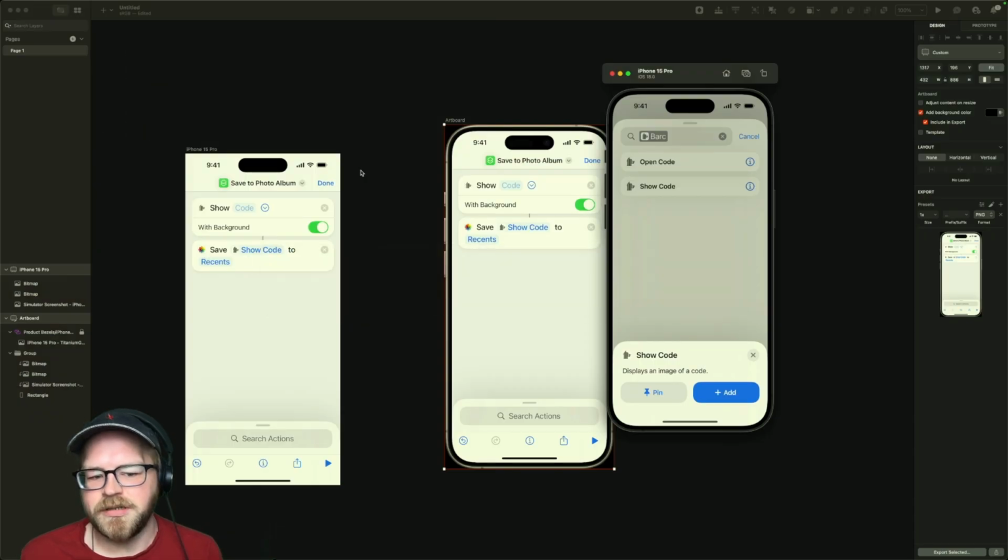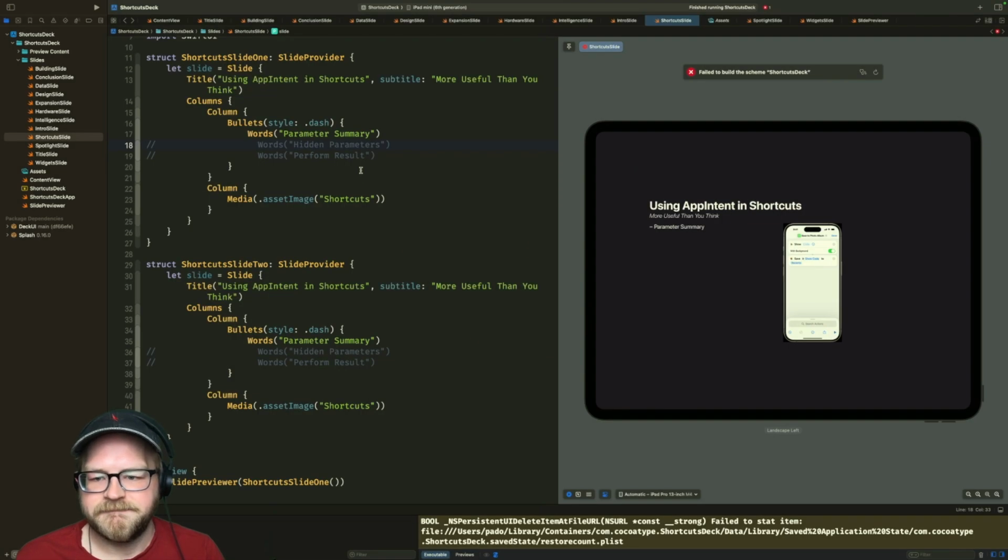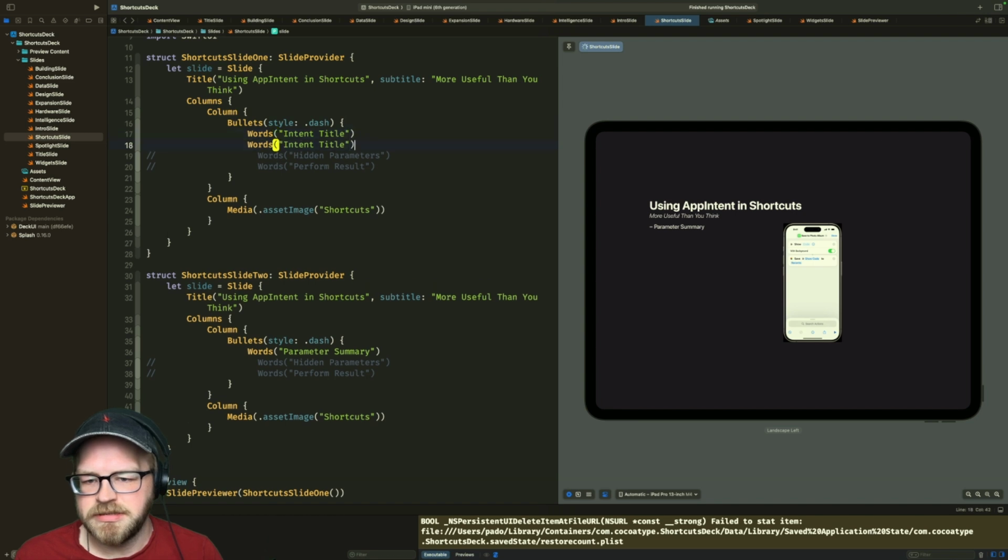I kind of want screenshots of this to demonstrate here are the different parts of the things that you're building. So slide 1 would have something and it would have the words, and it's like, okay, this would be your intent title and your intent description.